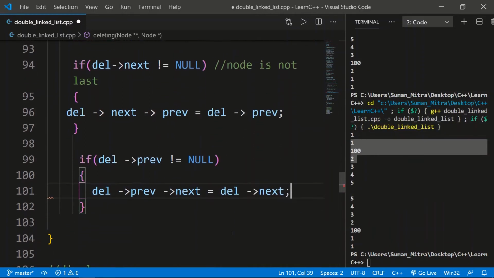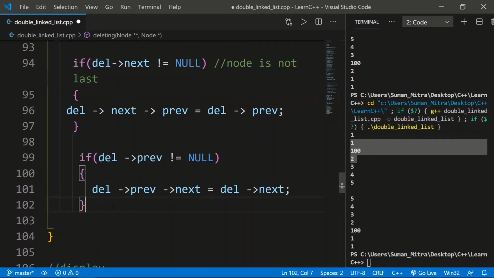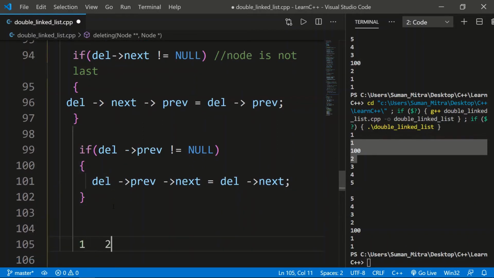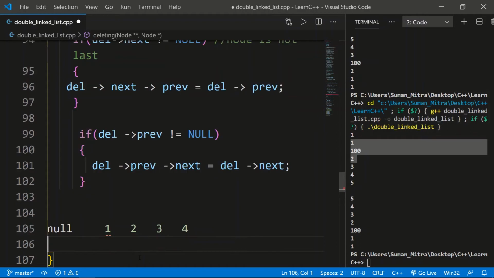I'll show you one more time with the help of the same example that I showed earlier, just by writing 1 2 3 4. So delete previous is not equal to null, means we cannot take here 1 because 1 is pointing to null in the previous. Of course I'm not showing it, but you can just say there is null here. So now we can do it for 2, 3 and 4 also.